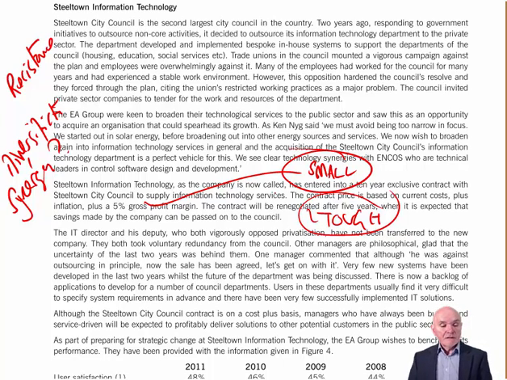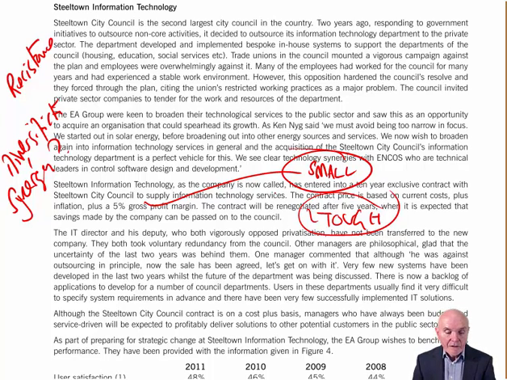The IT director and his deputy both vigorously opposed privatisation. They've now been transferred to the new company. They took voluntary redundancy from the council. Other managers have not been transferred to the new company. They took voluntary redundancy. Other managers are philosophical, glad the uncertainty is over, and they said, well, let's try it out. Very few new systems have been developed in the past 2 years, whilst the future of the department was being discussed. There's now a backlog of applications to develop more